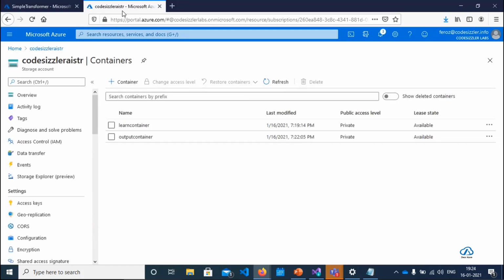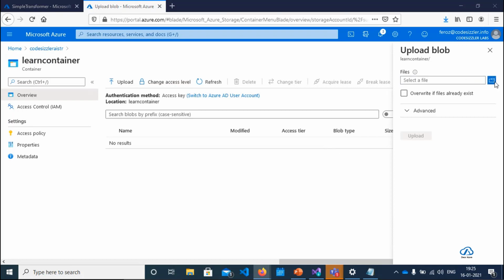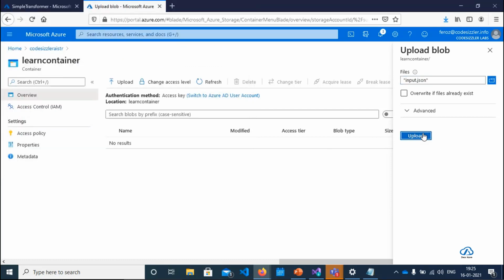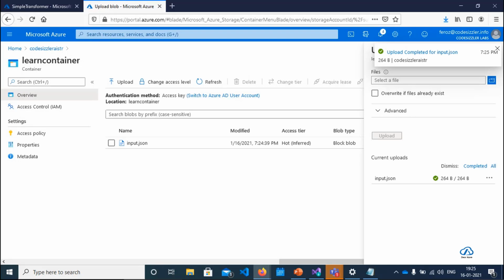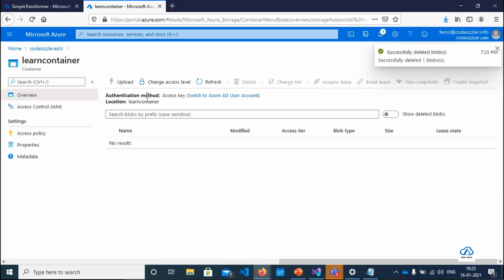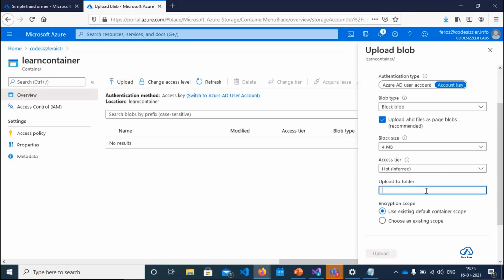Go to this storage account, open the learn container and try uploading this file. So I'm here uploading it. There we go. Either you can upload it like this directly, or in a real-time architecture, when you have a series of data, you need to maintain it in a structured folder. So you say upload and go to advanced. You can even create a folder and upload it.